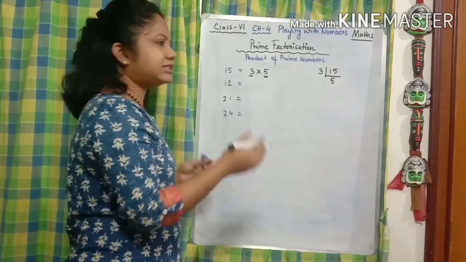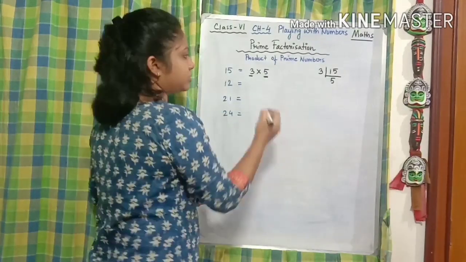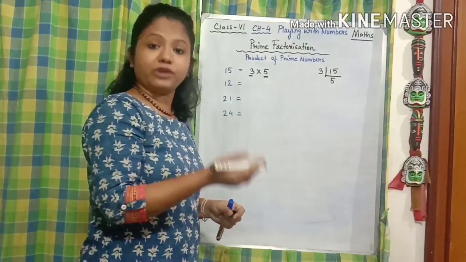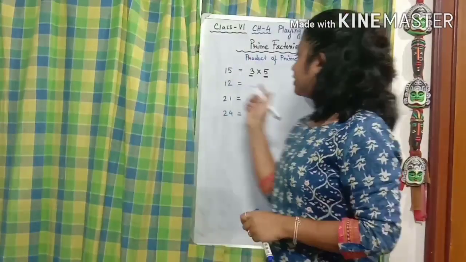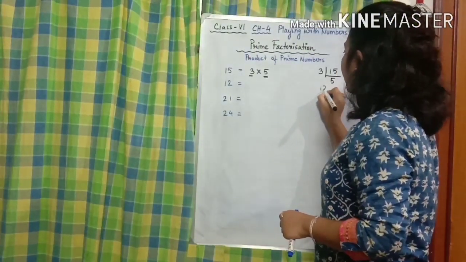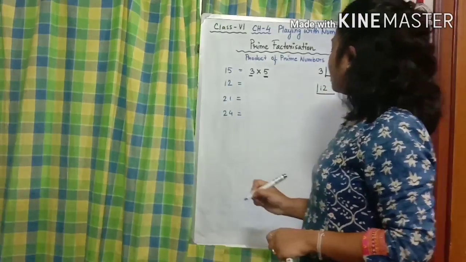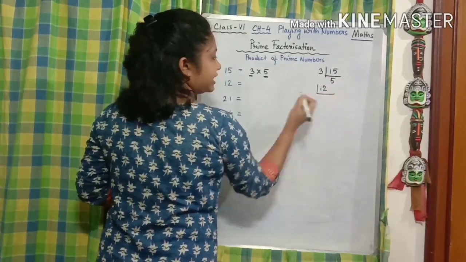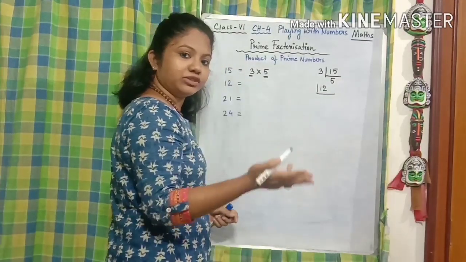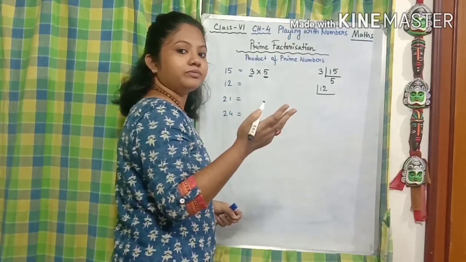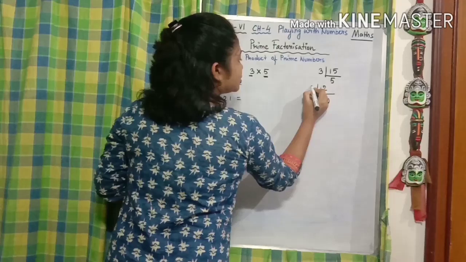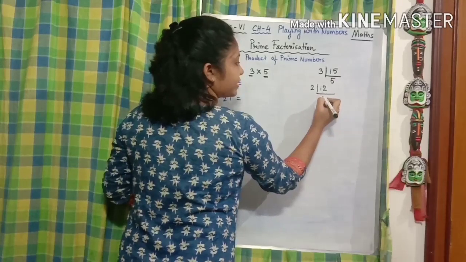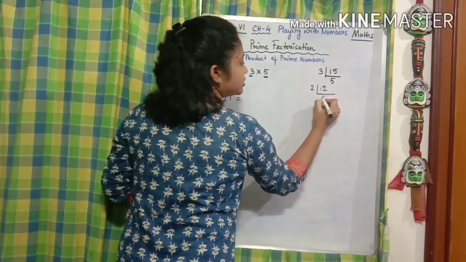Okay, so let's take another example. When we need to find the prime factors of 12, how are we going to find them? First, as we have already said, we are going to follow the division method. So 12 will be divided by what? It can be divided by 2, it can be divided by 3, and by 1 and itself. Here we first divide it by the smallest one other than 1, that is 2. So 2 6s are 12.